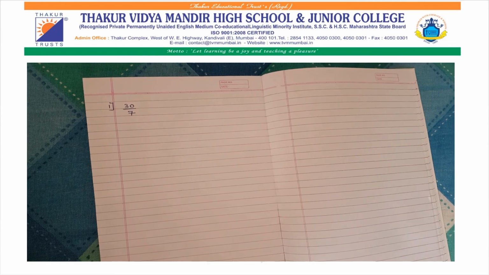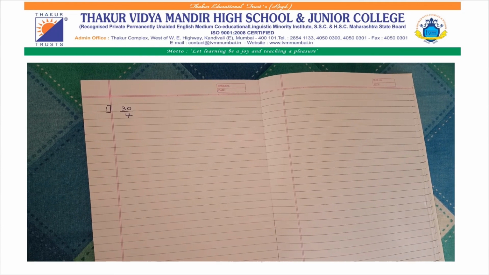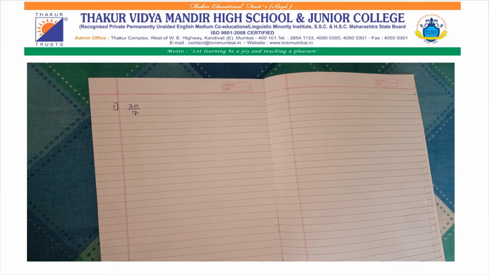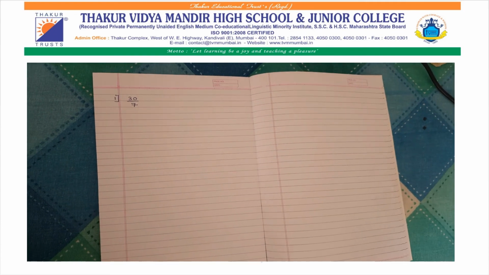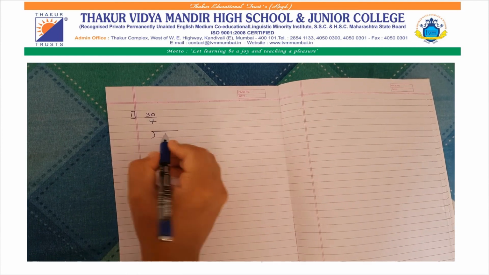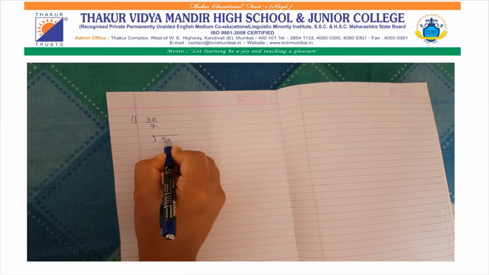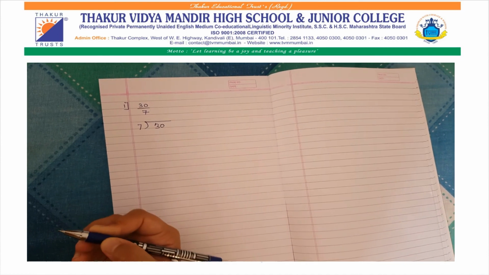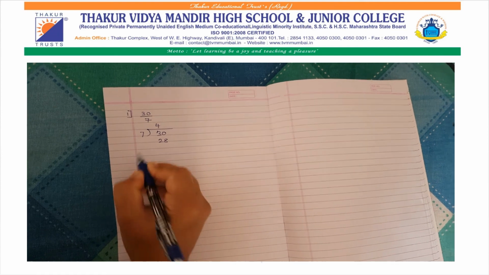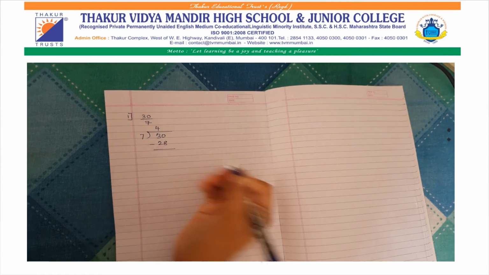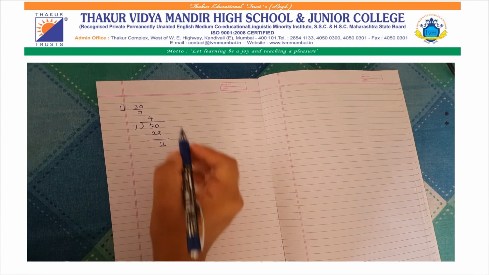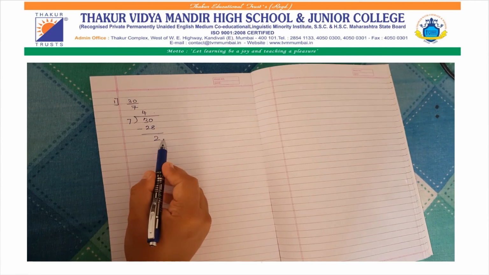Okay children, now we are going to see how to convert an improper fraction into a mixed number. Here you can see a number 30 upon 7. We are going to do the division by the simple division method which you have studied in 3rd and 4th standard. So 30 is divisible by 7. We are going to check. 7 4s are 28. Minus, so I'll get 30 minus 28, I'll get 2 over here. So this is my quotient and this is my remainder.